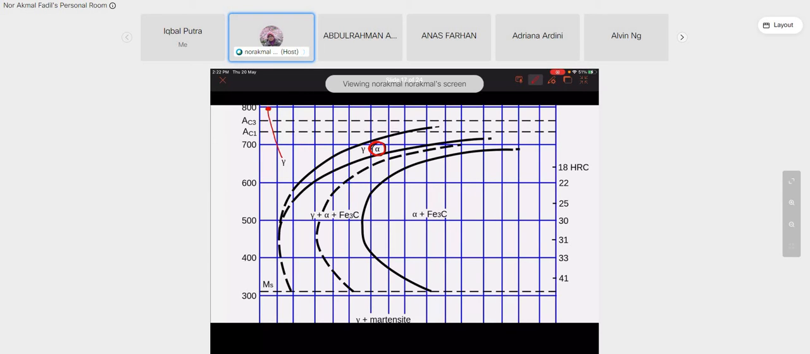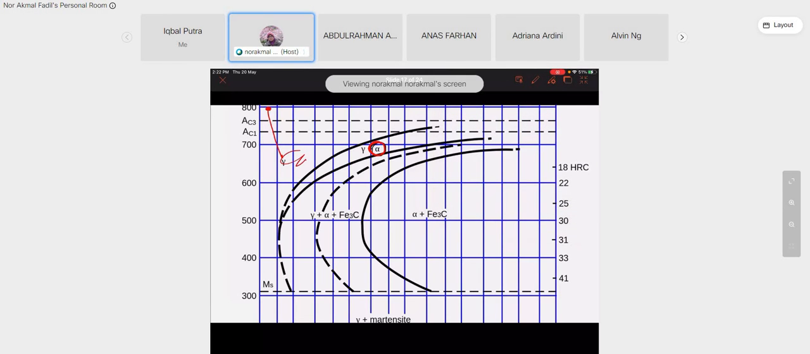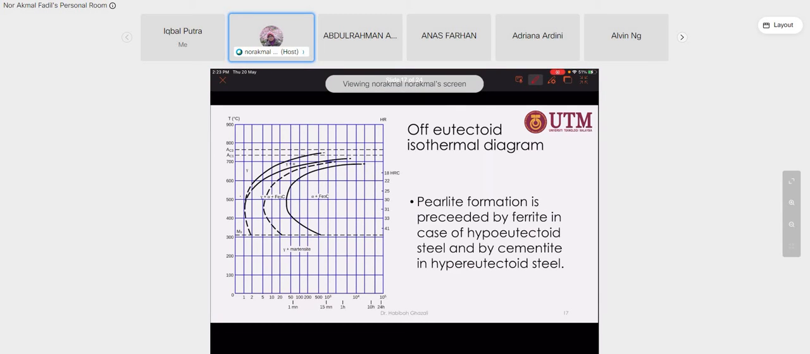You quench to this. Let's say you choose to quench to this temperature, and then you hold at this temperature, around 700 or 650, until